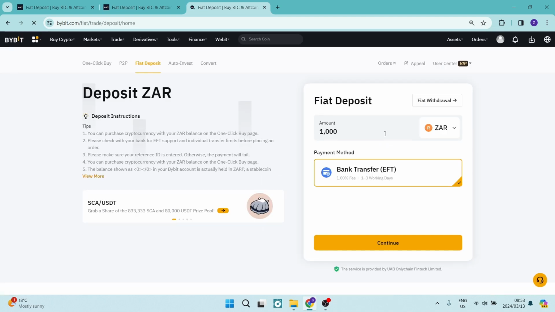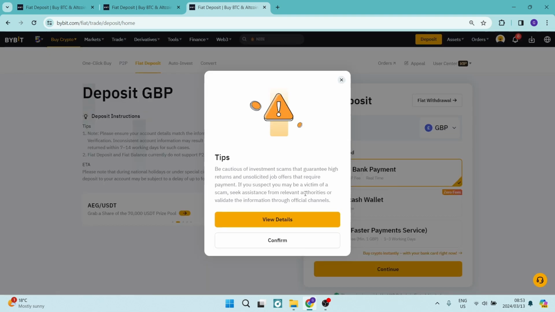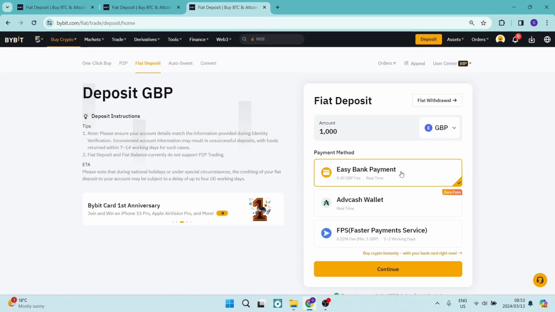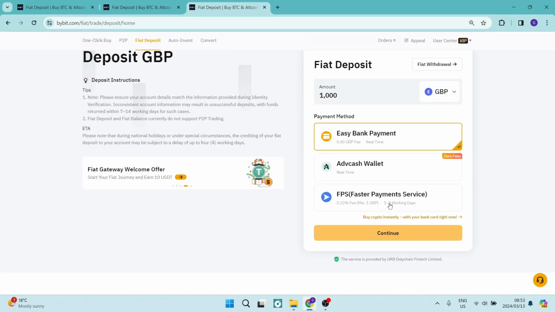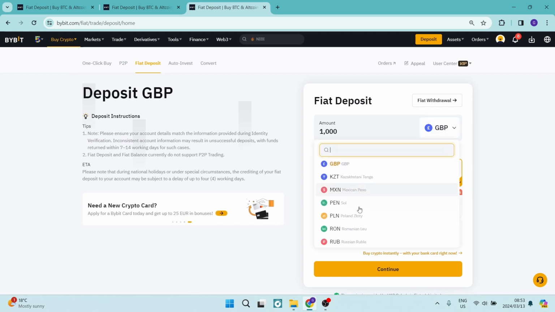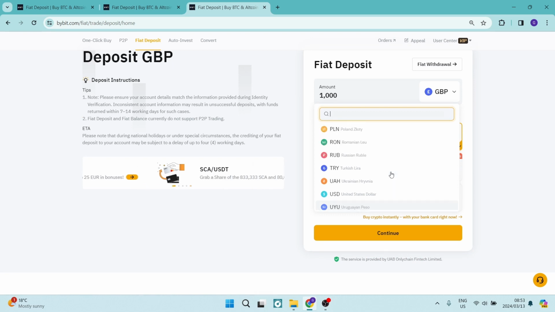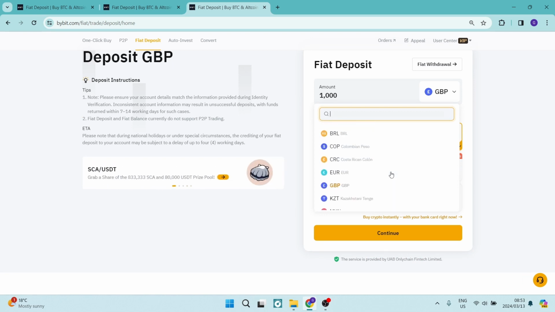The first thing is the currency. As you can see, if I tap on a currency, let's say the British pound, I can do an easy bank payment, an ADV cash wallet, or an FPS service. However, I don't use any of those services, and the currency that I'm using is not the British pound. So what we're going to look for is the